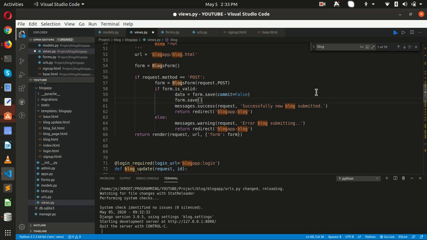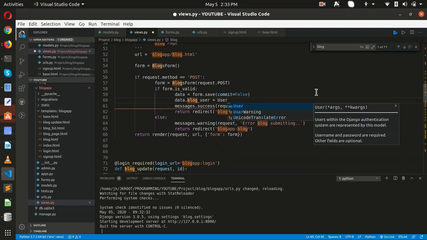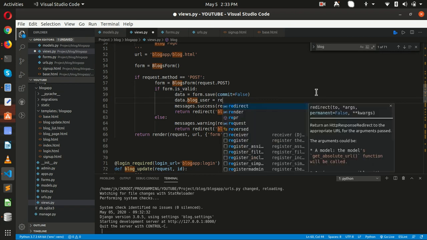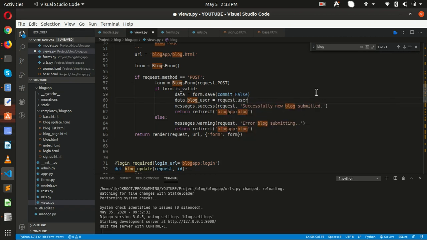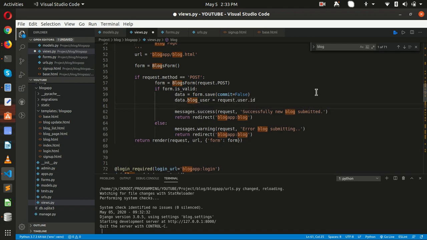After that, there is another thing we have to perform. data.blog_user is equal to, we have imported, okay, request.user.id. Here we go, and after that we can say data.save.